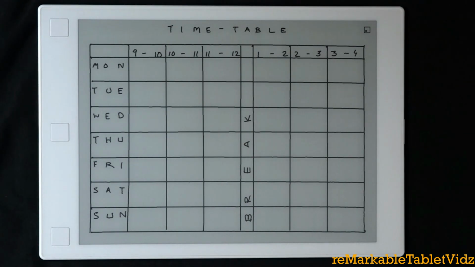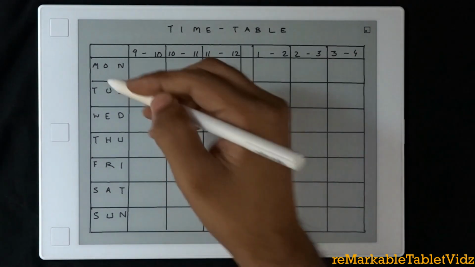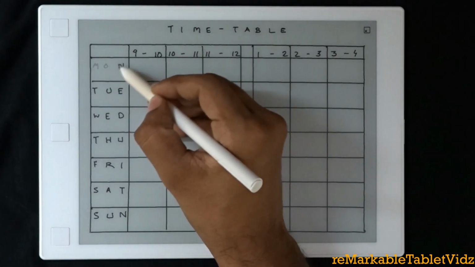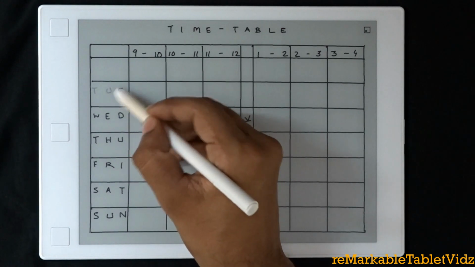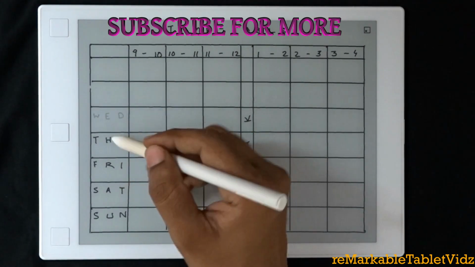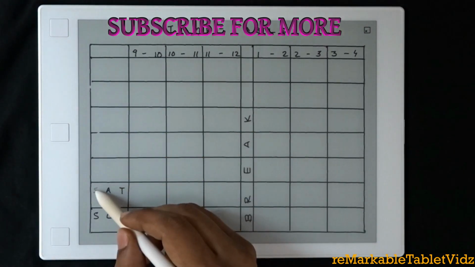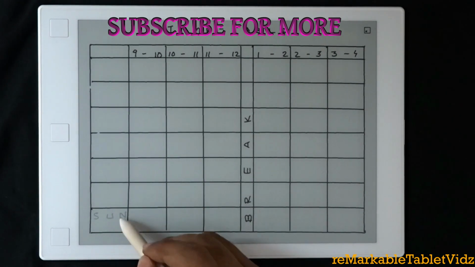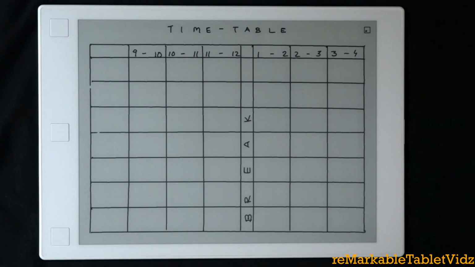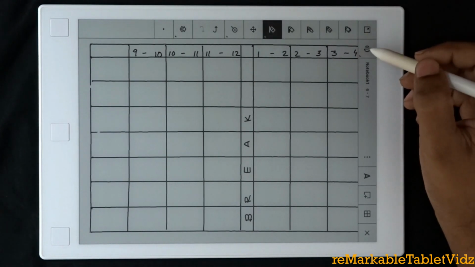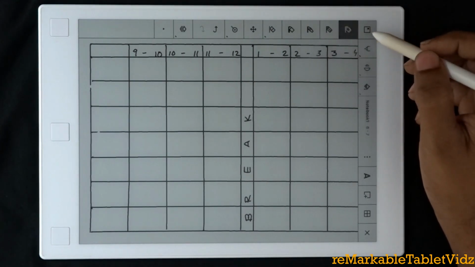So now we can do better, we can design it better. Let me just show you a simple idea which I use. Let me first erase this Monday, Tuesday, okay. Now what to do is choose the pen tool